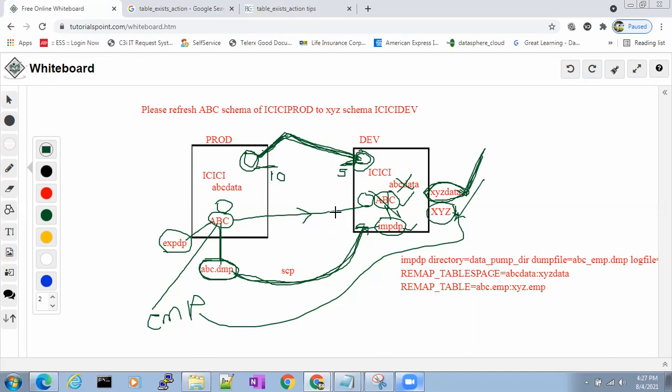Okay, that is skip. Even if you use table_exists_action=skip, or even if you don't use it, for example, you are using this syntax. In this syntax, did you mention table_exists_action=skip? You did not mention it. Even if you don't mention it, it will be skip by default. So it will not touch the existing data. Any import will not touch the existing data. It will only import the data which is missing, from the export file. It will read the entire dump and import only the data which is actually not there in this database. Understood, everyone?